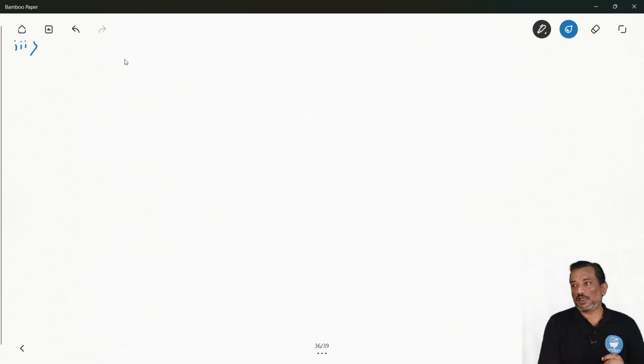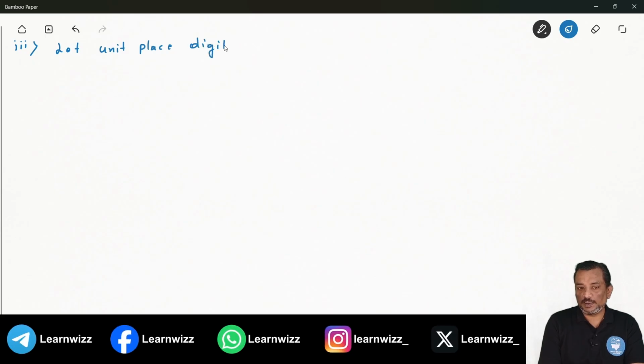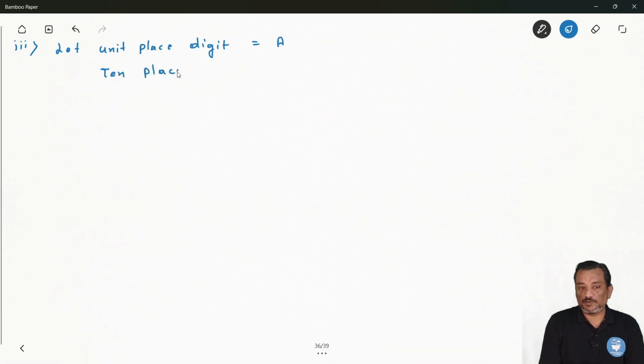तो 2 digit में अब 2 digits होते हैं, यूनिट प्लेस एंड टेंस प्लेस। तो हम बोलेंगे लेट units place digit is equal to, you can say, a। ठीक है, and tens place digit is equal to b। ठीक है। नाउ तो अभी आपका नंबर जो है, नंबर विल बी इक्वल टू हाउ मच।